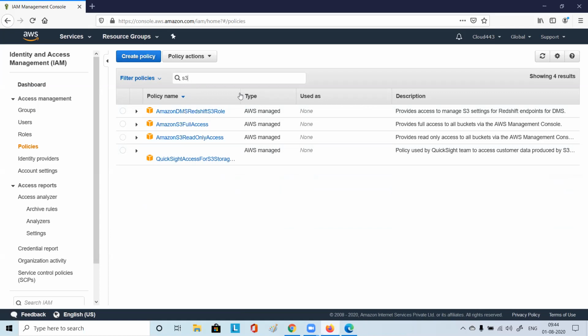Here you see S3 read-only policy, full access. So you can give full access, and then say no, you cannot delete this particular bucket. That is related to inline policy, right? Anything specific for a particular user will get the option for inline policy.